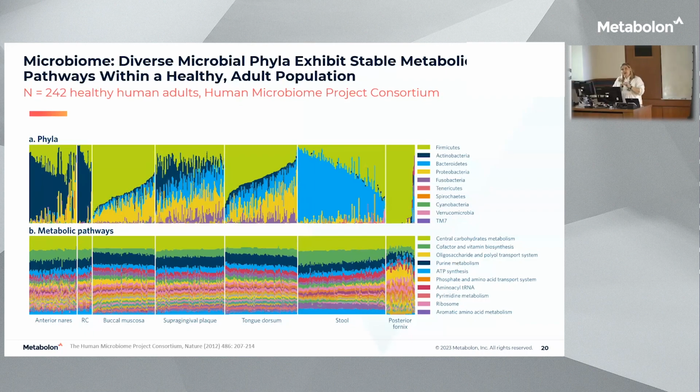But if you look at the metabolic signatures of each of those different swabs, even with those dramatically different distributions of bacterial populations, the metabolic profiles are pretty conserved. So the power is not in what is there, but what is the metabolic profile of what is there? What are those bacteria doing? What are they producing? And which of those bacteria are producing the bad actors that are actually shifting the metabolic profile enough to cause